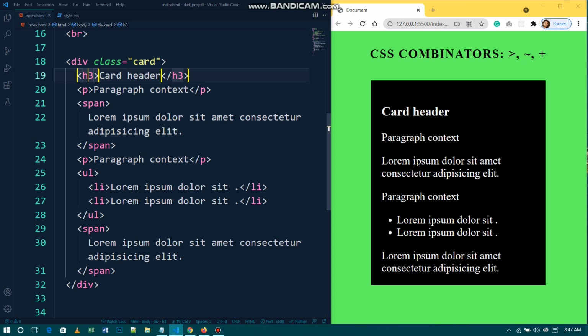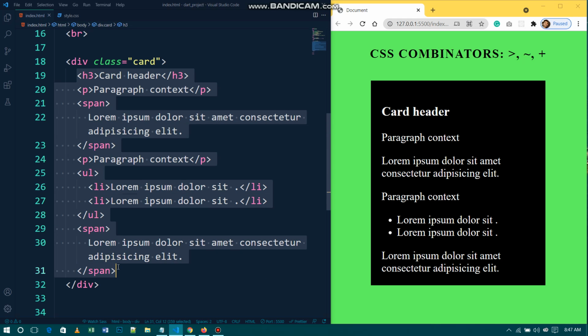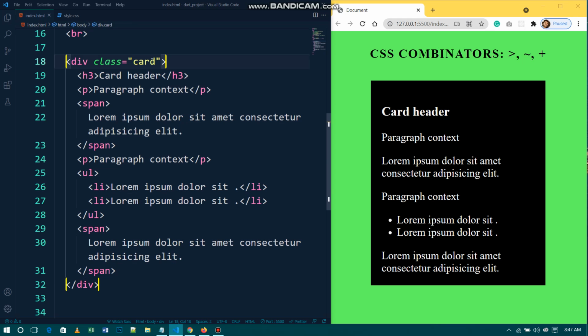If we consider this card as a parent, all the other tags inside this card are children of this card. So what does the child selector do? If I target this card, inside it all of these children, we can select any of them to modify its style.